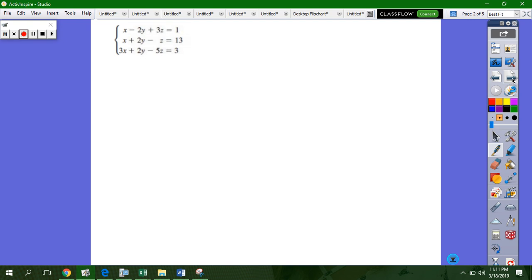Alright, same idea. We're going to look at this one. And if you'll notice, our y's are the easiest to solve for because I could add row 1 and row 2. Let's go ahead and do that. Row 1 and row 2. If you add those together, I get 2x. Notice the y's get rid of each other. Plus 2z